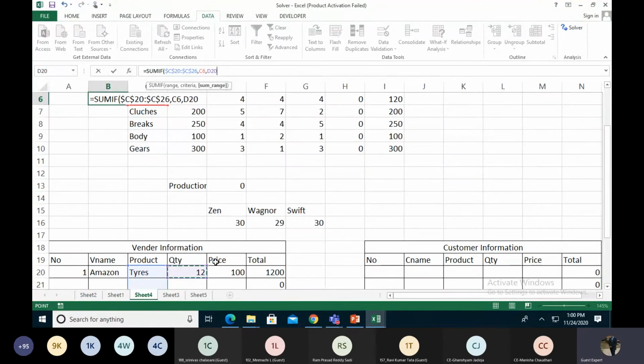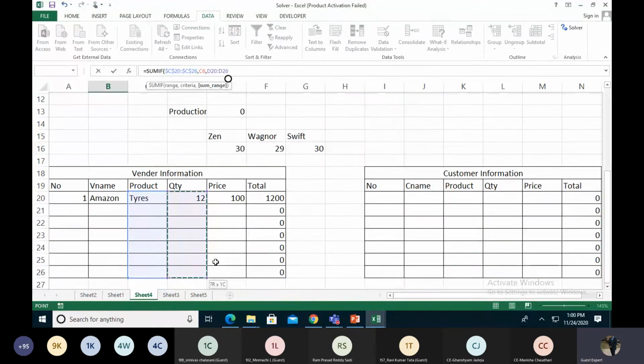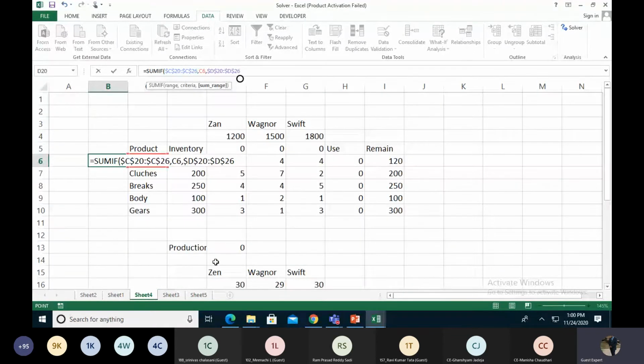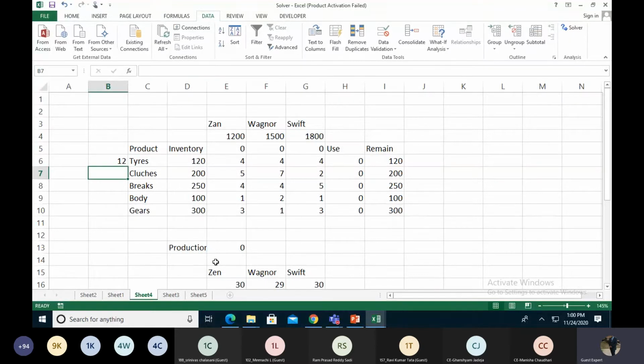I take all the quantity. Also remember to put them as an F4 constant. Bracket close. So every cell has a value.